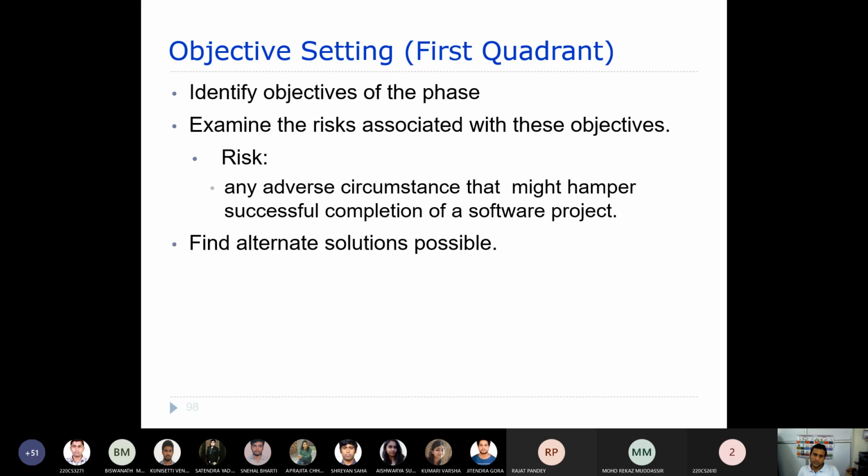As a result, the software will fail. So you always try to find alternative solutions also. That is what we do in the first quadrant.